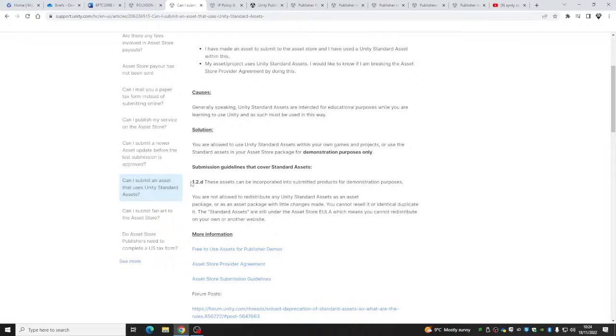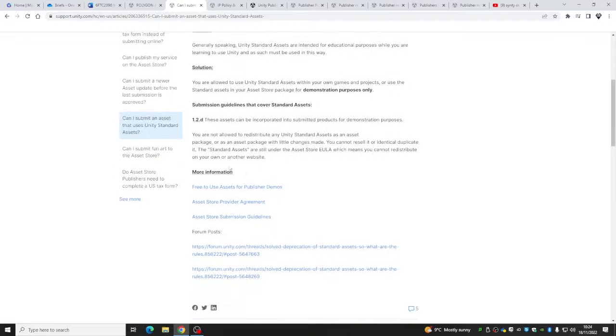Ah, here we go. So these assets can be incorporated into submitted products for demonstration purposes. Okay. So for example, if you have a rain or a reflection shader or a mechanic that you want to show off, the Unity standard assets are there to use as an example, and for demonstration purposes only. Okay, and then there's more information on that as well.